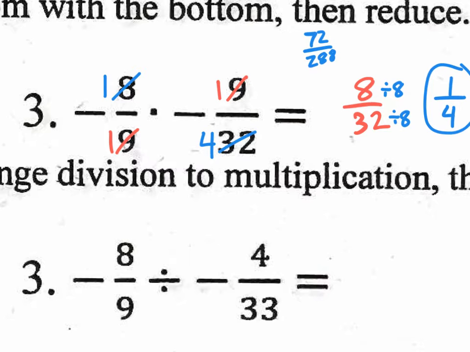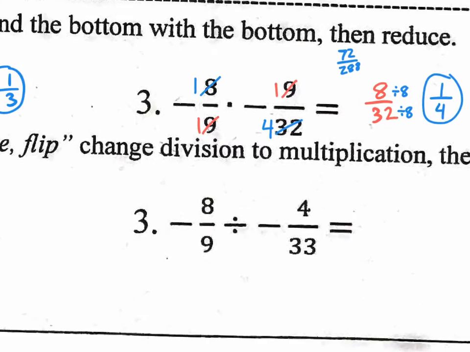I think that's right. I think I got that on the calculator. And then, of course, you could reduce 72 over 288, but who wants to do that, right? It's easier to just cancel out what you see alike on top and bottom, which makes the numbers nicer, which makes a fraction easier to reduce. Now, let's move on to this next section,